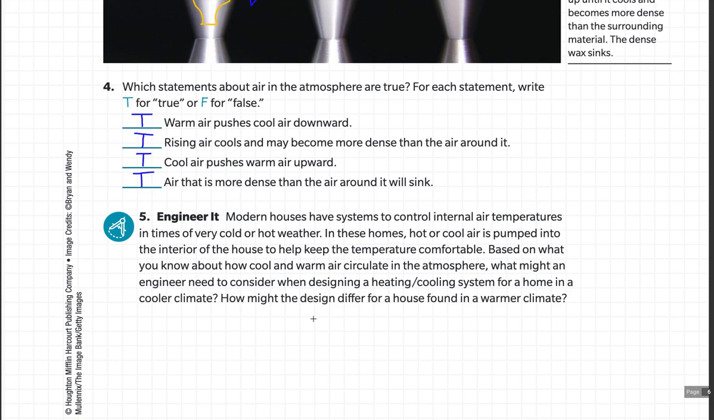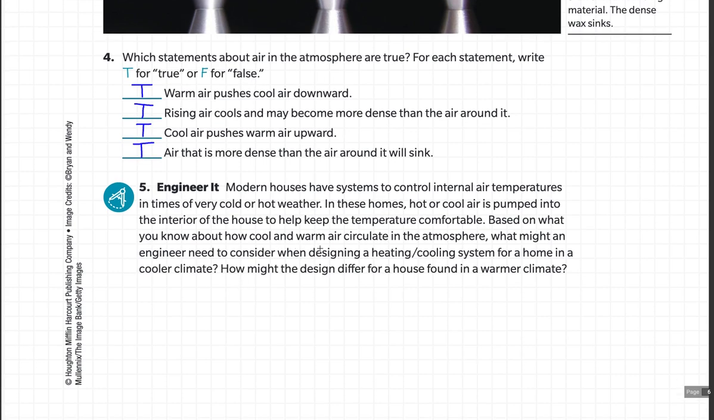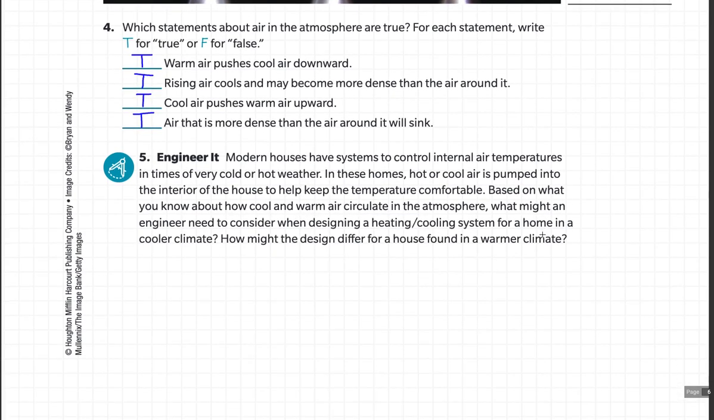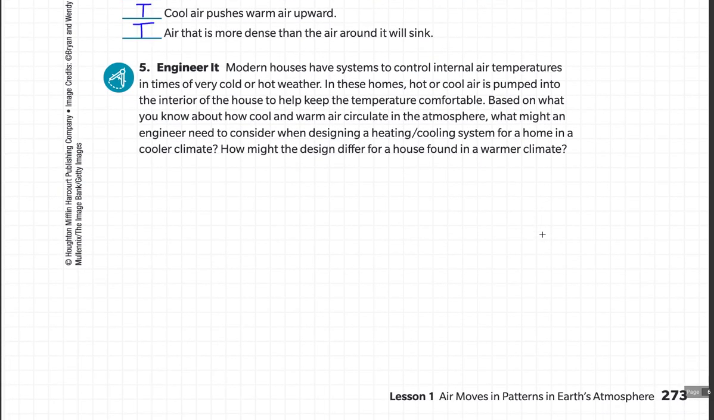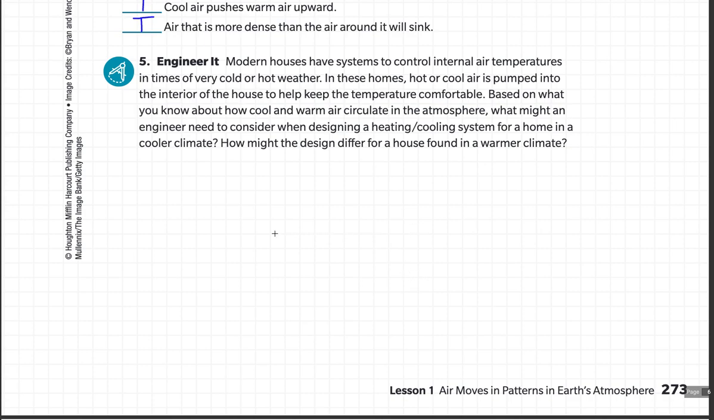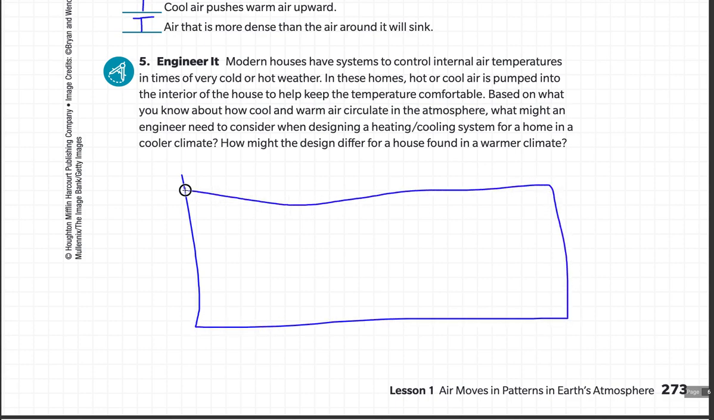So this talks about modern houses have systems to control internal air temperatures in times of hot or cold weather. In these homes, hot or cool air is pumped into the interior of the house. Based on what you know about how cool and warm air circulate in the atmosphere, what might an engineer need to consider when designing a heating and cooling system for the home in a cooler climate? So one thing is, you may have been in a house where you see, so where I live, or maybe where you live right now, you have your houses, right? Here's our building. And a lot of us will have maybe vents in the ceiling or along the wall. I think it's pretty common to have vents, like those little vents for air conditioners or central heating and air,